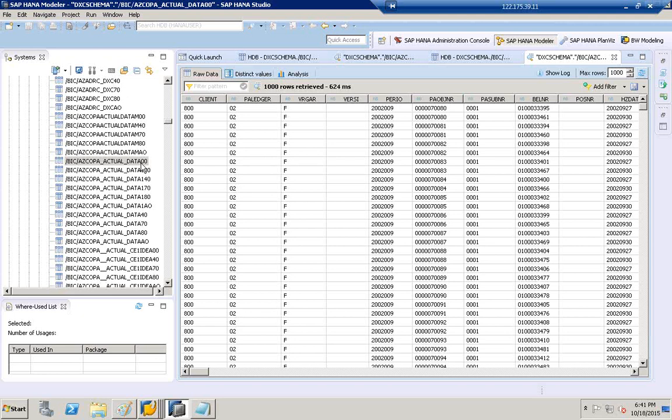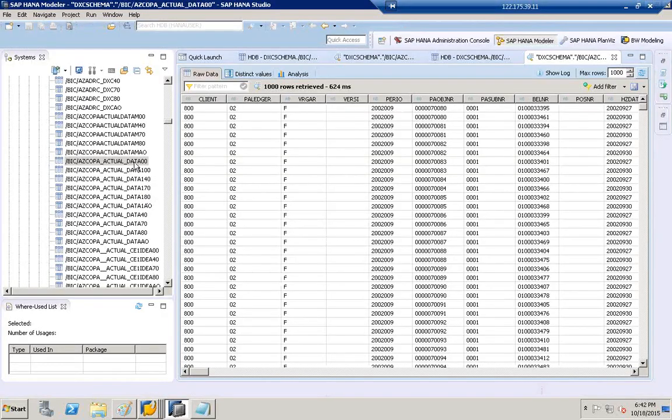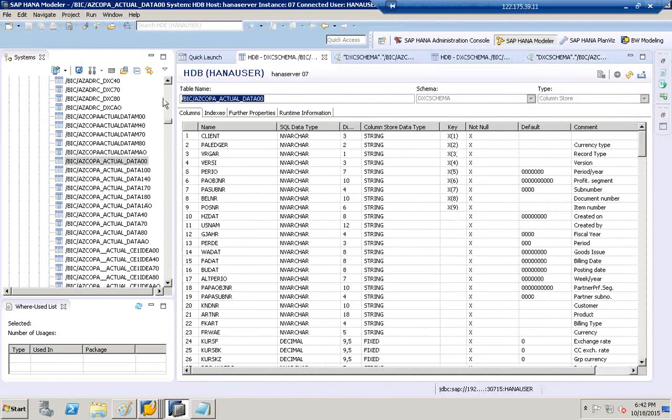The data is requested from ECC, and it is basically transferred via the HTTP connection. Once the info package is executed, it goes to the source system, triggers the data source via the HTTP connection, data is first available in 40, and finally reaches the 00 table. Now once the data has reached the 00 table, based on this table, I can go